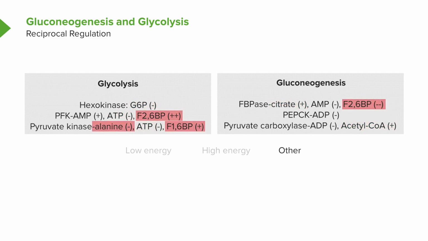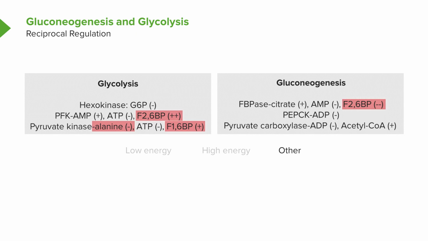Now, there's a couple of things here that don't really have any direct relationship to energy. The most important of these is the molecule called fructose 2,6-bisphosphate. I mentioned in the glycolysis talk that fructose 2,6-bisphosphate was an activator of PFK. And you'll notice there's 2 plus signs by it. It's a pretty strong activator of PFK. You'll notice also that fructose 2,6-bisphosphate has 2 minus signs next to FBPase. Those two enzymes